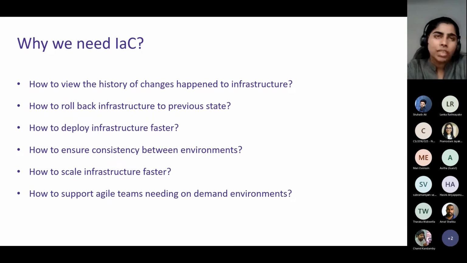To understand why we need infrastructure as code, we need to understand the current problem we have. Like first one, how to view the history of changes happen to infrastructure. If you create IT infrastructure manually, you don't know the history of changes you have done to each of the infrastructure. There's no easy way to track it. And next question is how to roll back infrastructure to previous state. There's no easy way to roll back infrastructure to previous state when we deploy